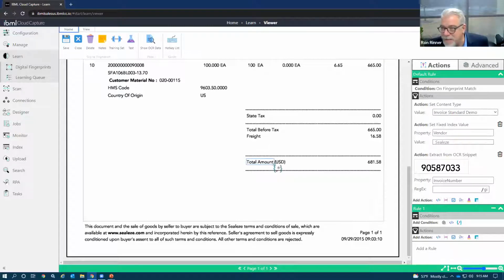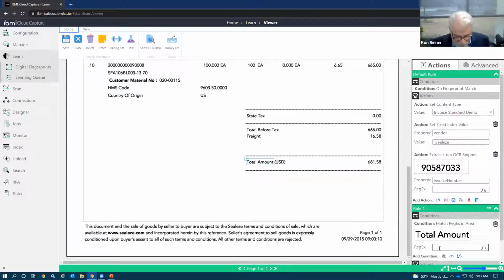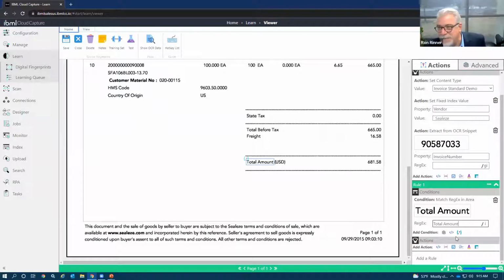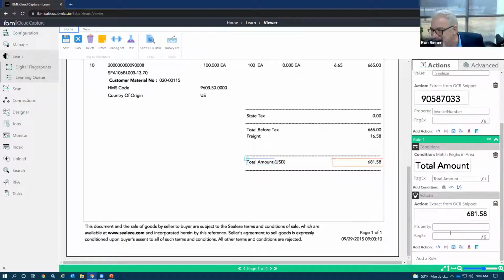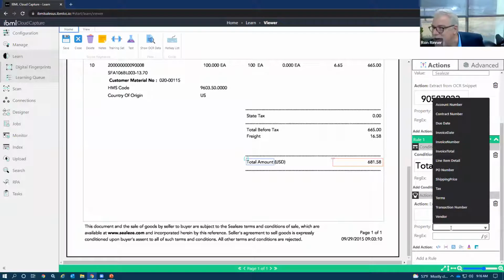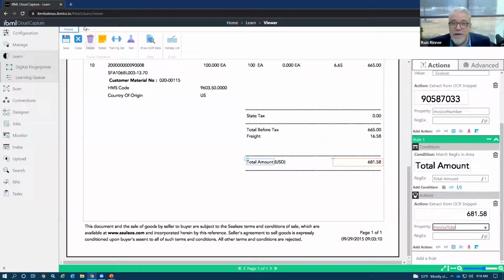And this sounds complicated. It's called a regular expression, but on the invoice, we're just going to tell it to trap what it sees, right? Look for total amount, key what you see, and then in finding total amount, I'm going to put a big box because maybe we could owe the Sealy's people millions, right? And I'm going to say that is the total amount or the invoice total. There you have it. Save, and I'm done.